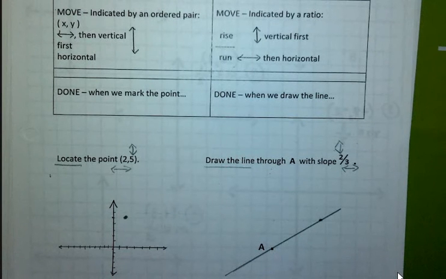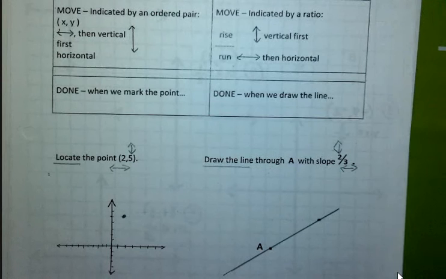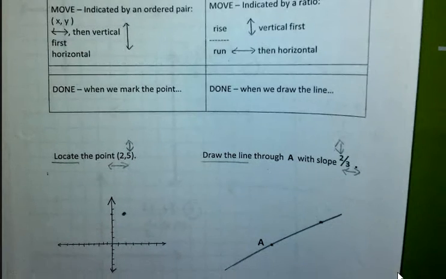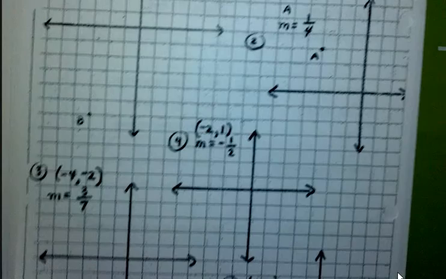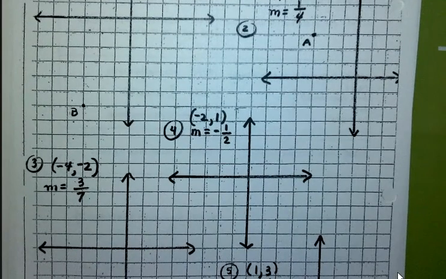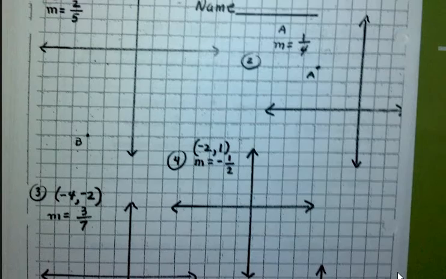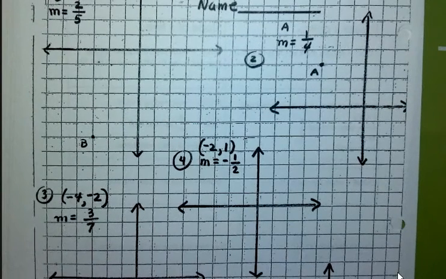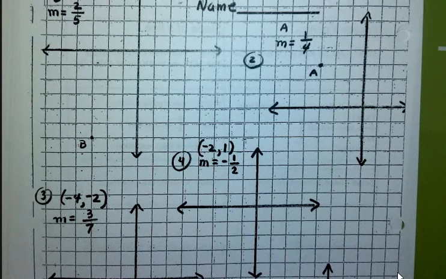Now let's turn the paper over and we're going to practice some of these, and we're going to have to in some cases use both of our skills, both locating and slope. Let's see what happens. On number 1, we are asked to draw the line that goes through B with slope